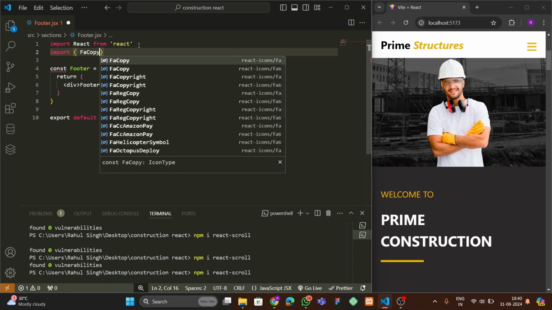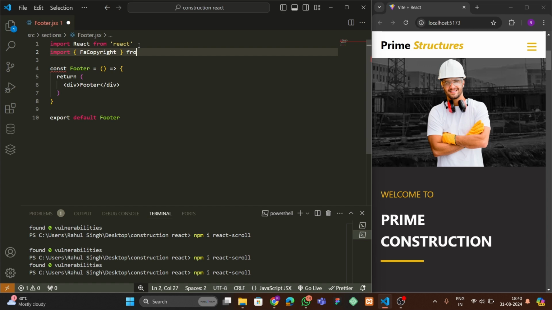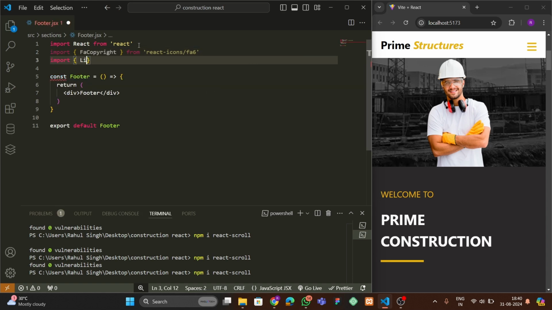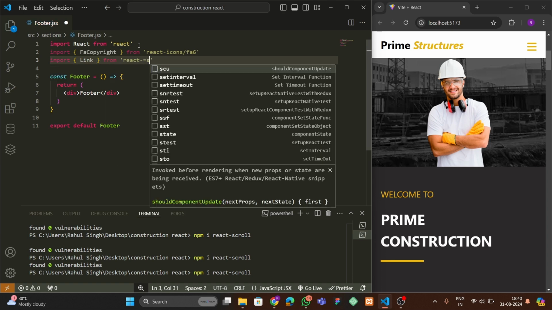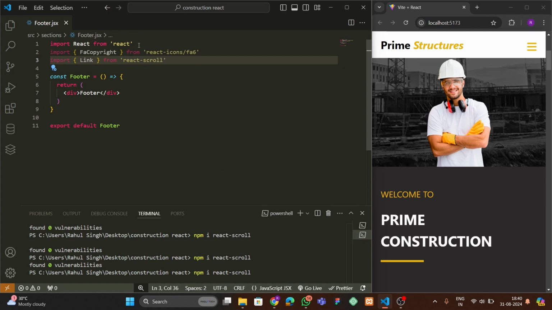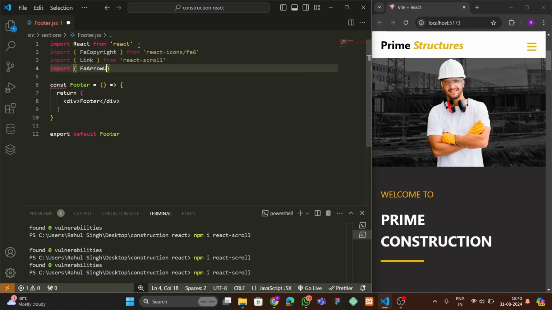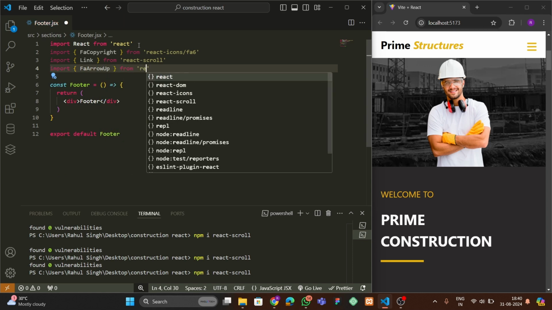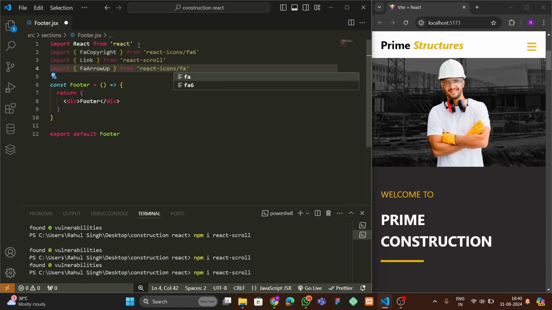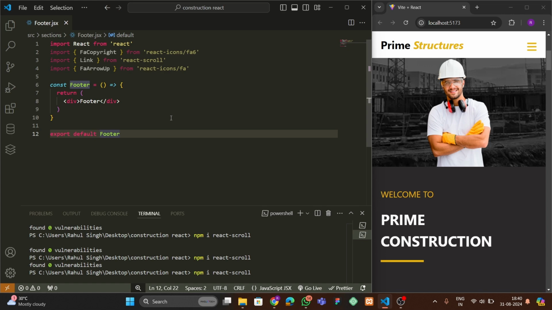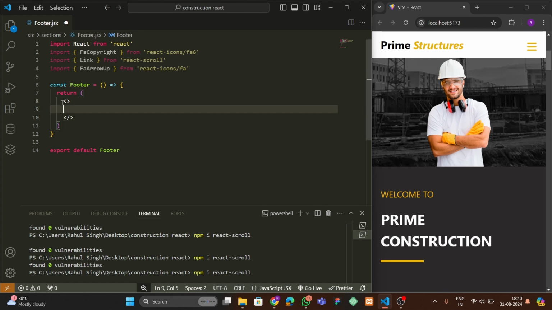Okay, so we have to write FaCopyright from React Icons, so FA6, and here we have to import Link from React Scroll. Then here we have to import FaArrowUp from React Icons actually. Okay, then after that we have to go to here, and here we have to open this,